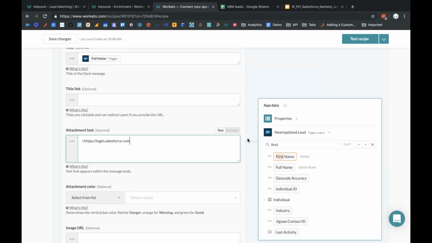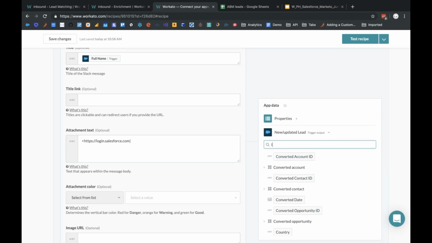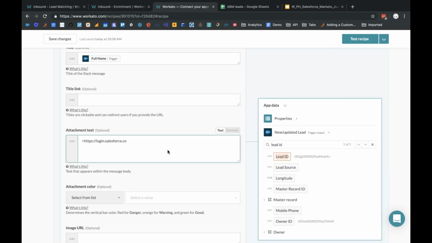While you do that, the advantage of putting these links is that as the sales rep gets this, they can directly click on the link and navigate to the page on that particular app, rather than having to go through multiple steps to find it. Yes. We want the sales rep to be able to reach out to the lead as quickly as possible, and that also means we have to give them a very good user experience. They need to be able to go everywhere from that Slack message if they have to, and they need to get all of the data they need in that one Slack message, so that they don't have to go everywhere. So let's see, Salesforce, and this is just